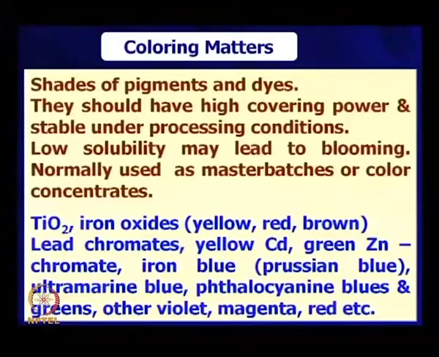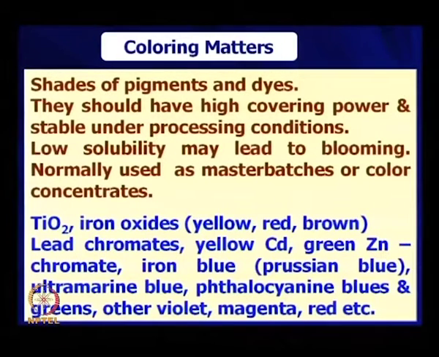So, during product manufacture, granules of this colored master batch are added along with the base polymer, and that will be easily mixed and the product will be colored. If you go to some industry, you will see that is master batch or color concentrate,